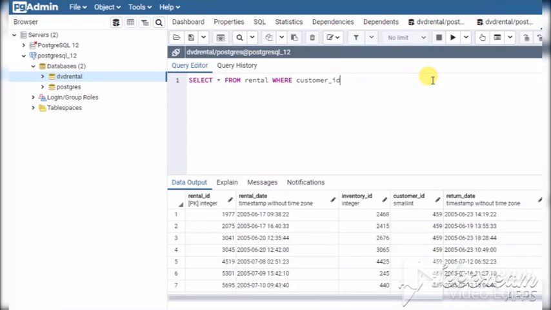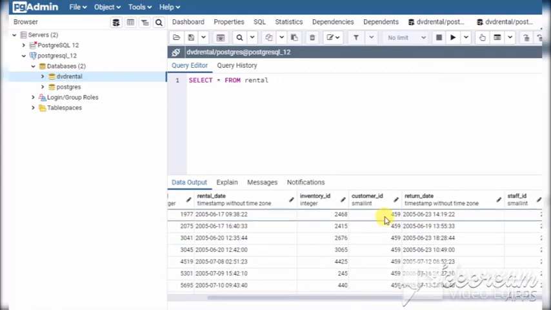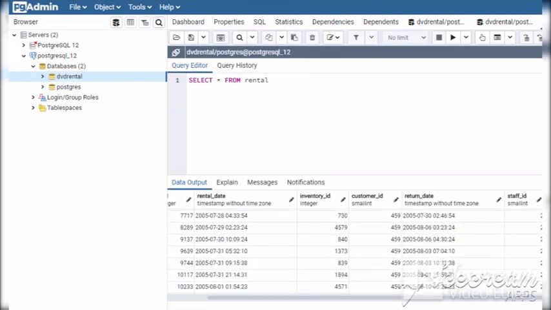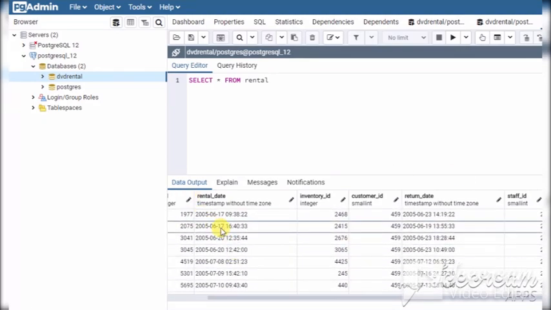Okay, so till now I hope this is clear. So let's begin with the group by clause. The group by clause will group the records based upon a certain condition or certain columns. Like in this table, we have the customer ID, and different DVDs have been rented out to different customers.